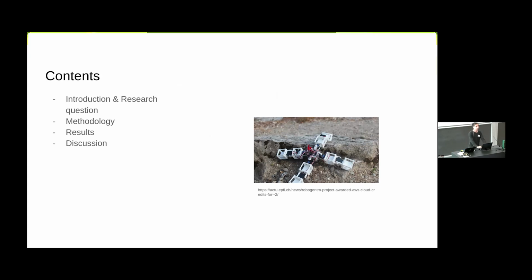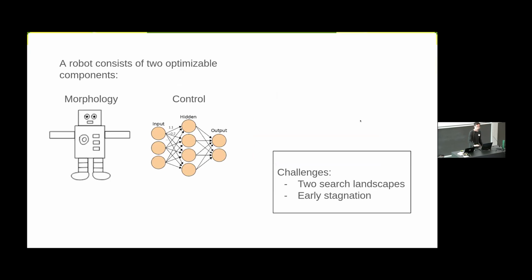We've had a lot of talk about morphology and brain co-optimization and about learning. So my introduction is going to be very similar to that, but maybe it's described in a bit different way so you know how I'm thinking about it. So a robot consists of two optimizable components, which is the morphology or the body of the robot. And you also have the control, the brain of the robot, which controls the robot. And the challenges here are basically that it are two different search landscapes, and this often